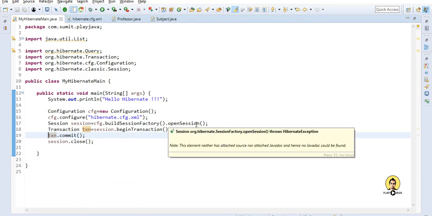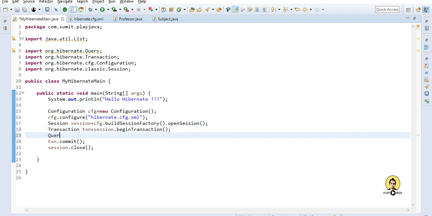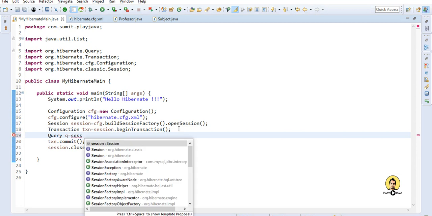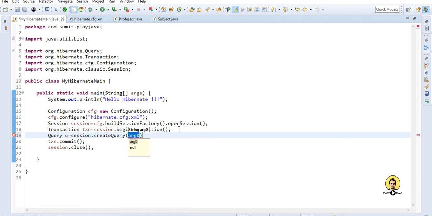For that, Hibernate provides us a Query, and let it be q is equal to session dot createQuery. This is a query which is provided by Hibernate.